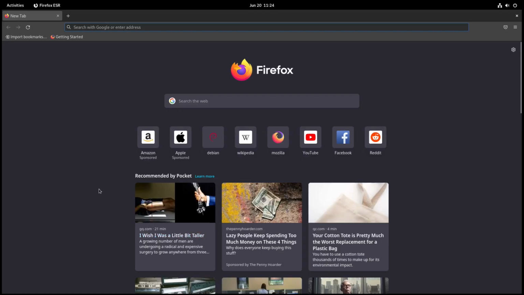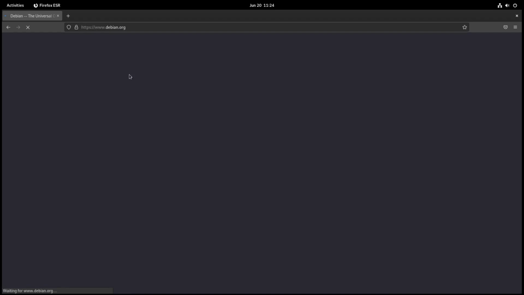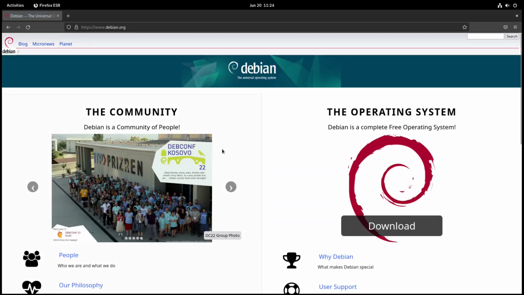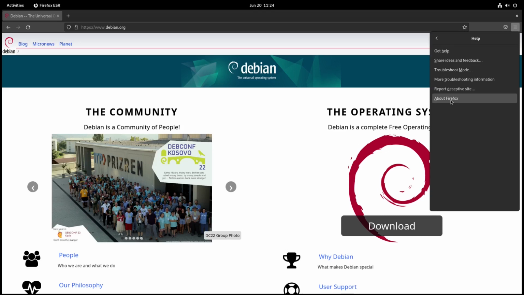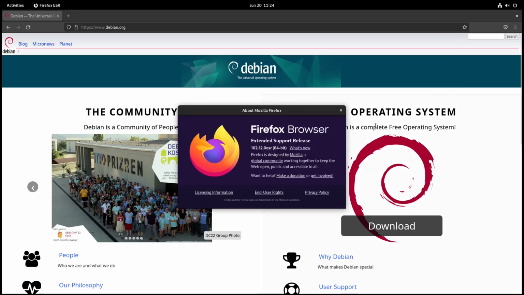This is Firefox Extended Support Release. And let's just go to a website here. Let's go to Debian.org and see if we can bring that up. Yeah. Okay, so that's pretty responsive. Let's go up to the hamburger menu here and come down to Help and About Firefox and see what version we have. It looks like the extended support release, I said service, but it's extended support release,